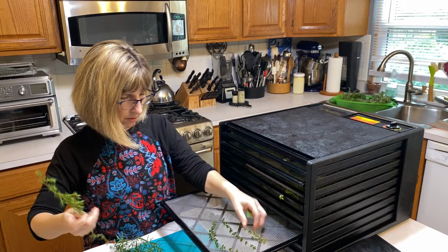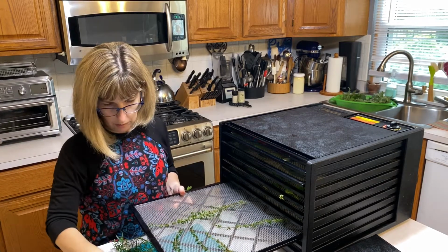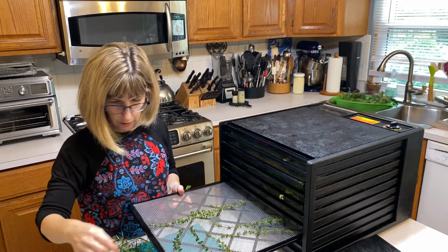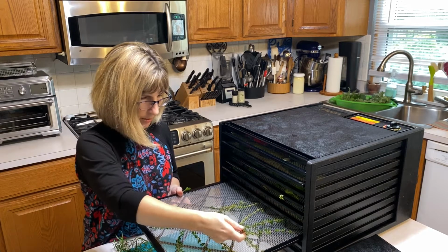And you just kind of lay them out. I have lots of thyme. Some of my herbs got humongous, like my sage and my thyme. Now,